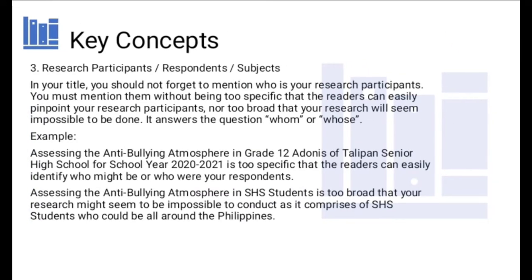Next, research participants, o yung tinatawag natin na mga respondents, yung mga subjects. In your title, you should not forget to mention who your research participants are. You must mention them without being too specific, that the readers can easily pinpoint your research participants, nor too broad, that your research will seem impossible to be done.